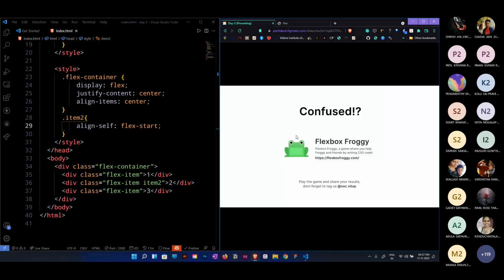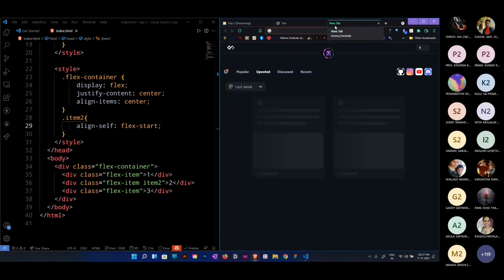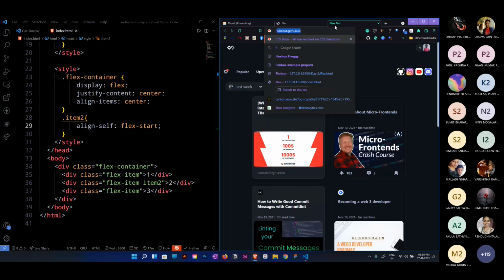Now these are all the properties, and this is a game for you to play. As we discussed one game yesterday, which helps in understanding CSS selectors, this is the famous and the best game to understand CSS Flexbox. You will master Flexbox completely. I completely recommend you to complete all the levels of this particular game. Let me go and show you. This is a funny game also, not boring like yesterday's. It's called Flexbox Froggy.